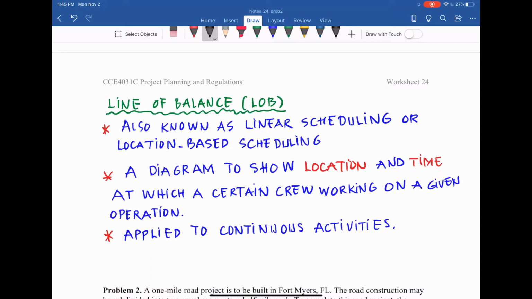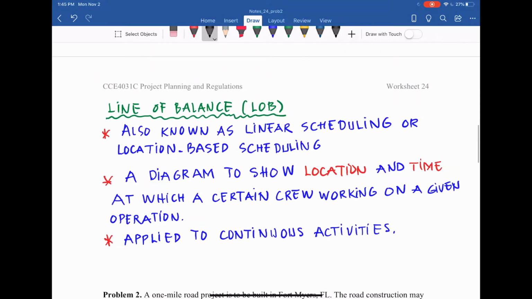The last scheduling method that we will discuss in this class is called line of balance, LOB, also known as linear scheduling or location-based scheduling. So why do we call it linear scheduling or location-based scheduling? First is from its description. Line of balance is a diagram to show location and time at which a certain crew is working on a given